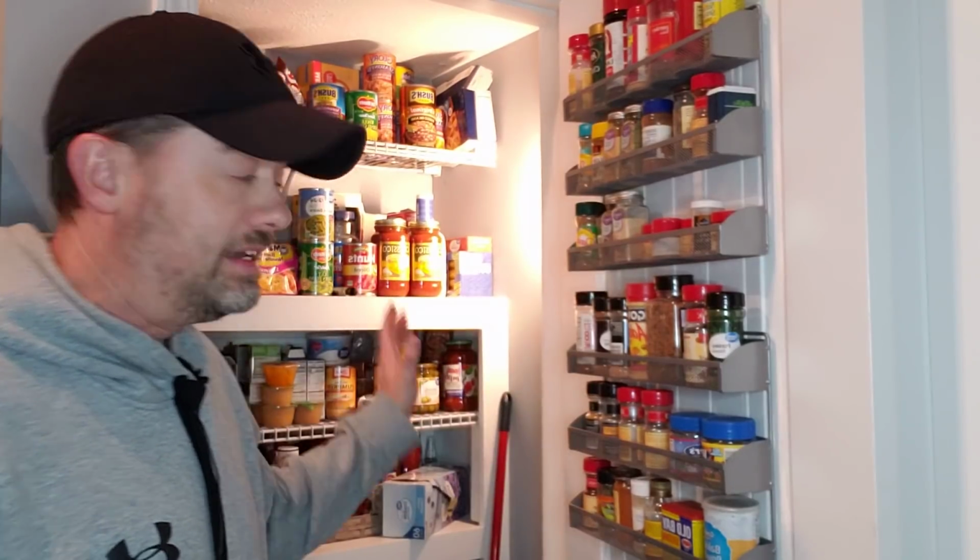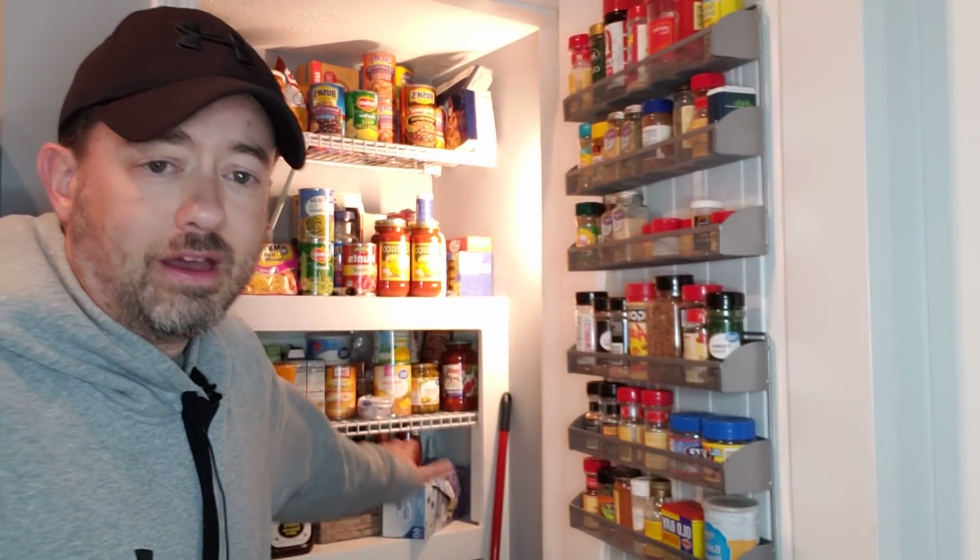Just think of creative, outside of the box ways to store things, and jump in the comments. I love it when everyone has cool ideas and things. You have a neat idea on how you like to do your pantry. Back in the day, I